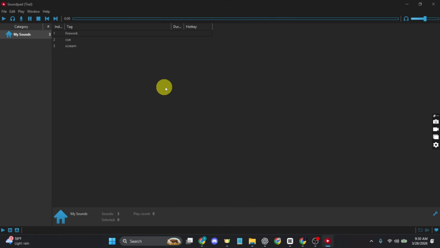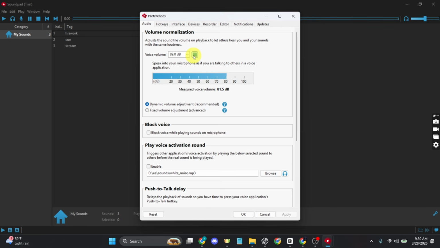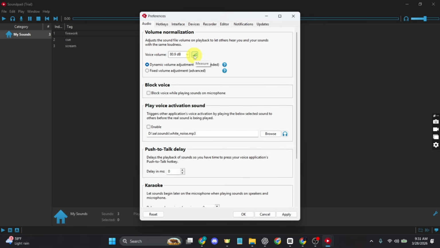it like so. Now at the top, click on file and then go to preferences, and inside here you will see a setting labeled voice volume. This is very important because it adjusts how loud your sound effect will be through your microphone. To set this up properly, just click on the measure icon, then speak normally into your microphone. Say something like test 1 2 3, test 1 2 3, and Soundpad will detect your mic level and set a good baseline. This helps your sound effect match your voice volume so they don't sound too loud or too